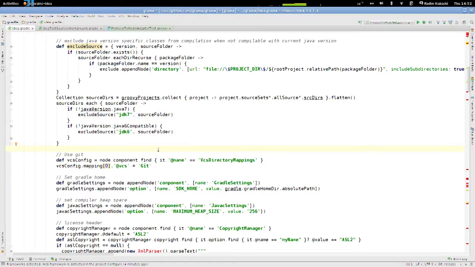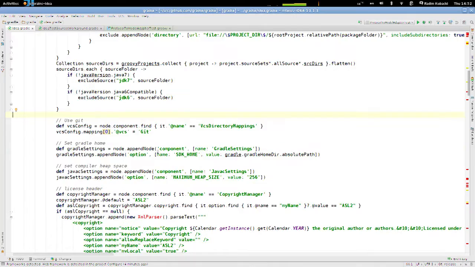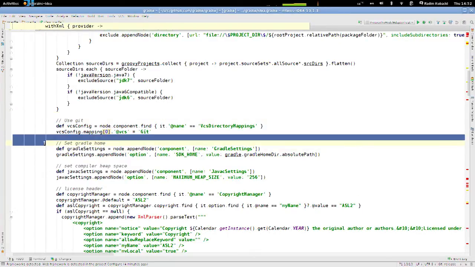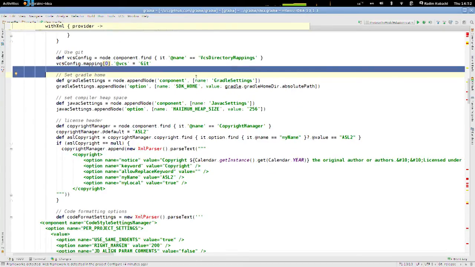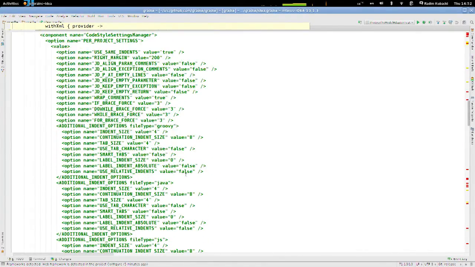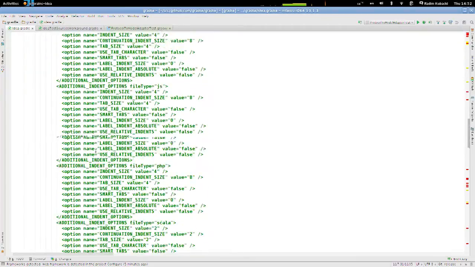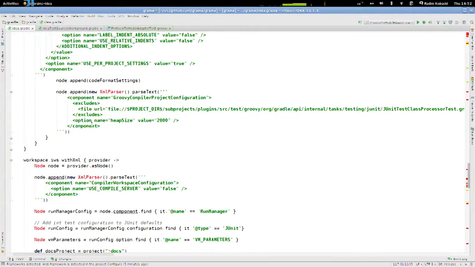We just tell IntelliJ, hey, this is a Git repository, and it knows how to do the rest. We are setting Gradle home, SDK home. Yeah, we are setting license to Apache, and we do a few more things here. These are settings for the code style. Not so interesting,